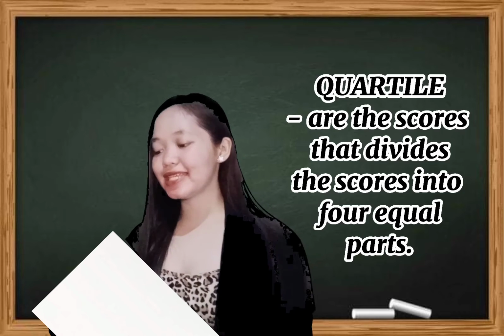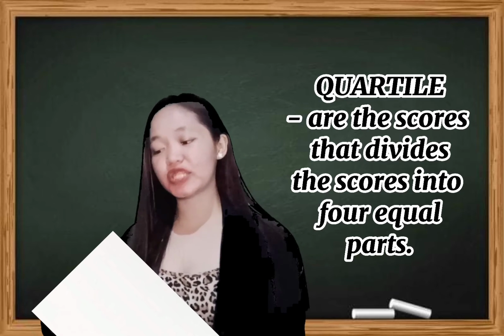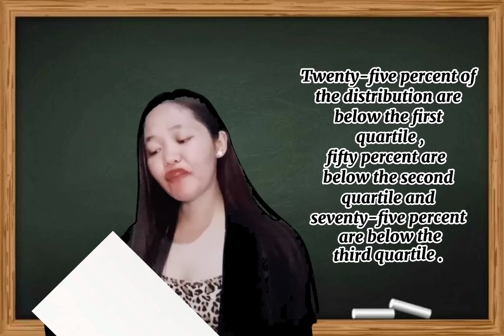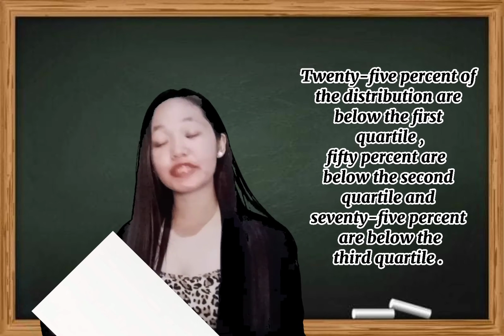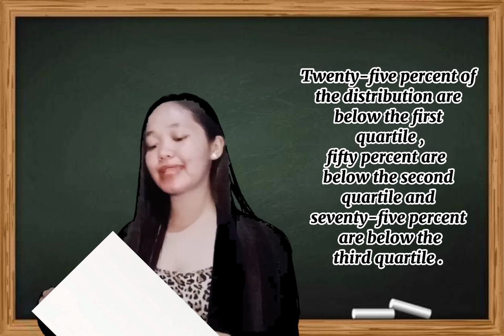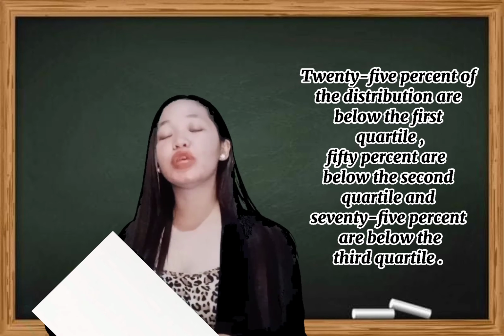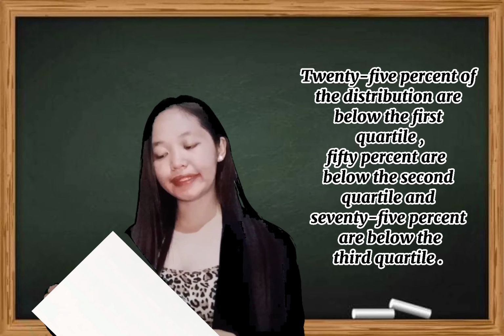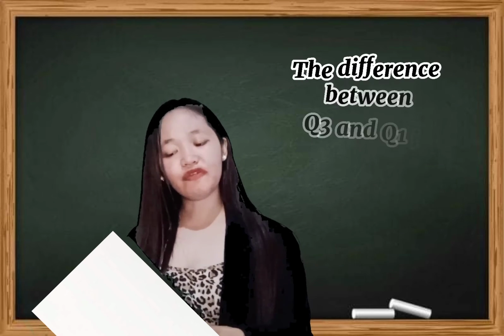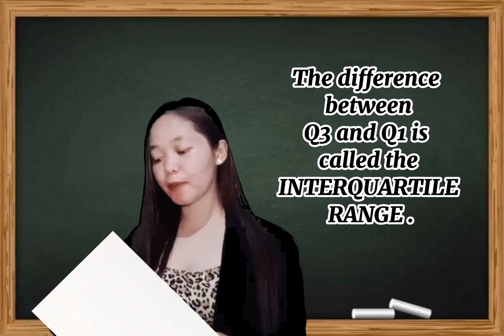Again, the quartile is the scores that divide the scores into 4 equal parts. 25% of the distribution are below the first quartile, which is Q sub 1. 50% are below the second quartile, which is Q sub 2. And 75% are below the third quartile, which is Q sub 3. The difference between Q sub 3 and Q sub 1 is called the